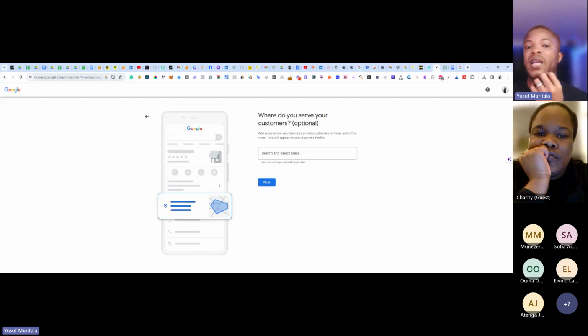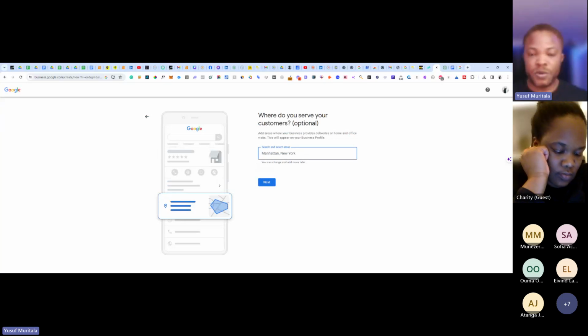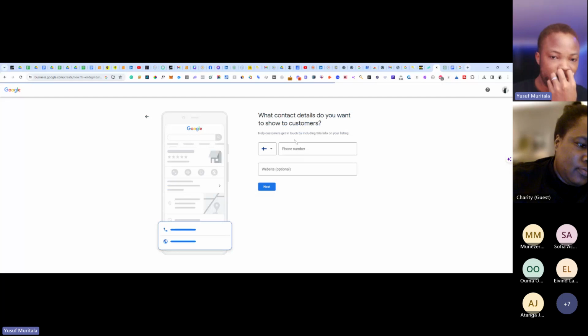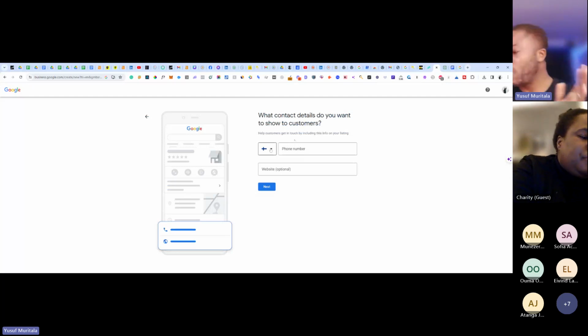As an example, it asks where do you serve your customers. Optional, you understand, online or the location. We now put Finland. Now let's go to the next one. This is where they want to verify your details.